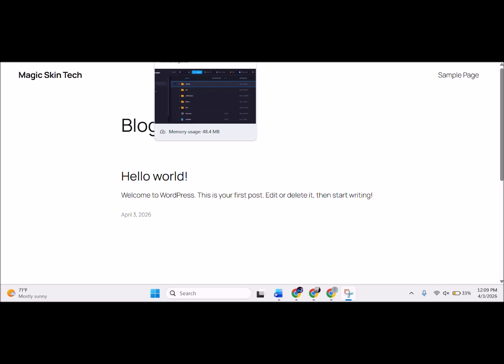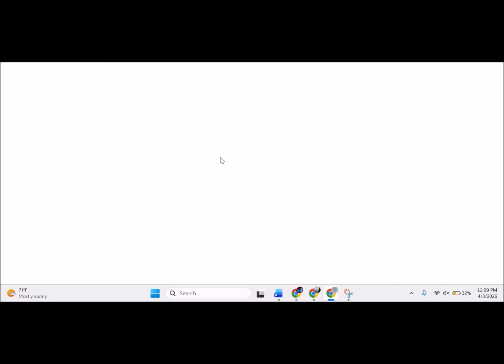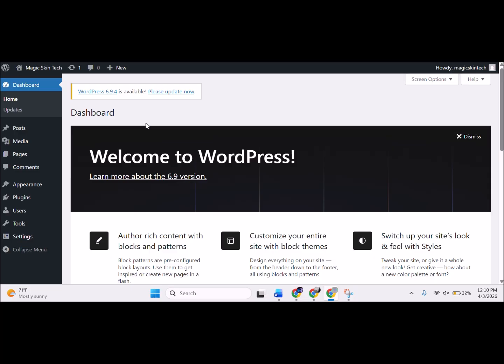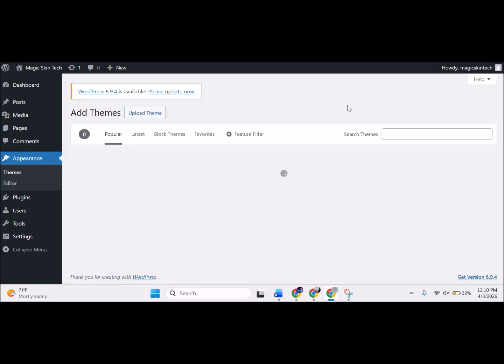So let's see. We're gonna go here where they told us we can go, or you could copy and paste this. I'm gonna have to log in. Maybe it'll log me in automatically. Okay, it got me there automatically. I didn't have to do anything. That's nice. So if you remember how to do this from last time, it's pretty much the same steps. On the left panel, you're gonna go to your themes. You're gonna then go to add theme, and you're gonna